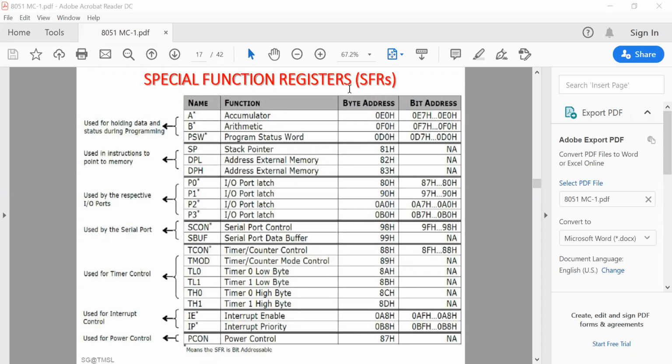And the upper 128 bytes are basically used as registers, which are one type of memory itself. Because it stores a certain amount of data, that's why it is a memory device.